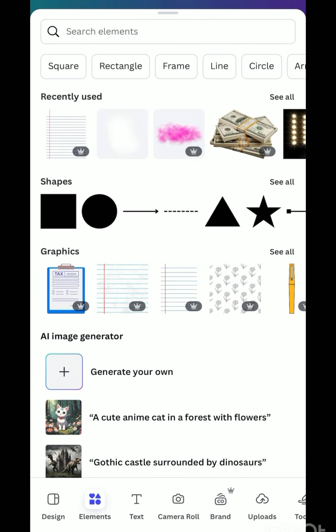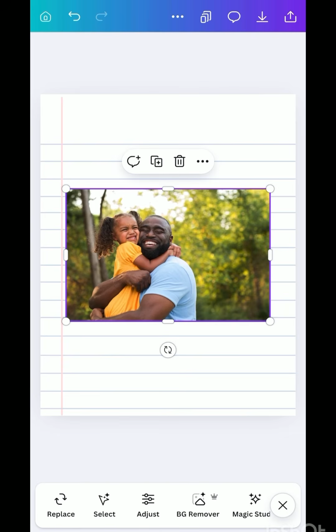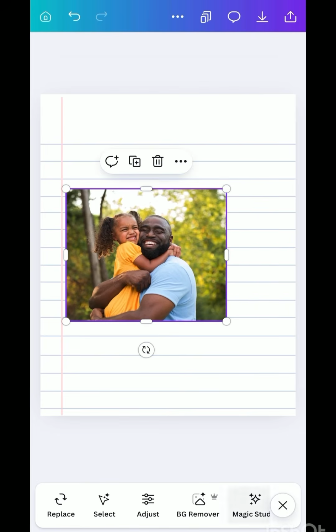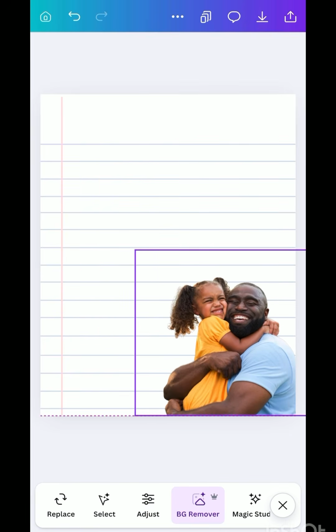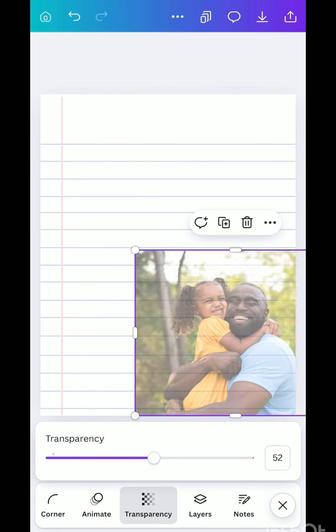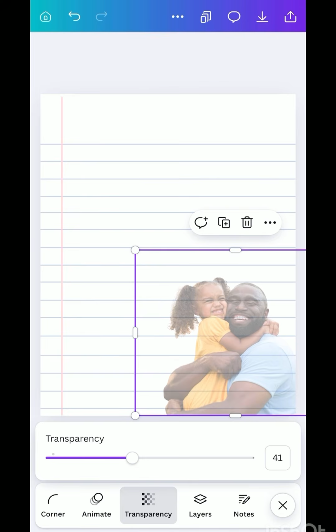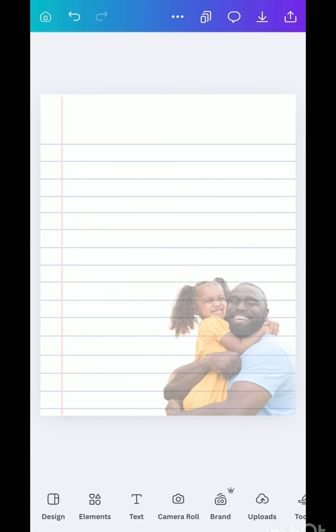And then I'm going to grab a photo. This was a photo I used earlier for my example. I'm just going to remove the background. This is just a stock photo. And same thing here, I'm going to go down to transparency and I'm going to bring it down probably right about there. Now, this is personal preference, but you see how when you bring the transparency of your photo down,